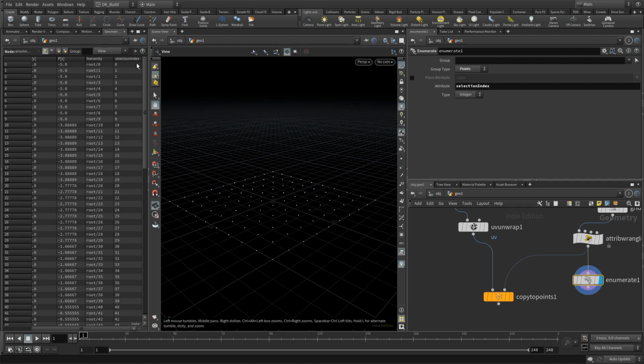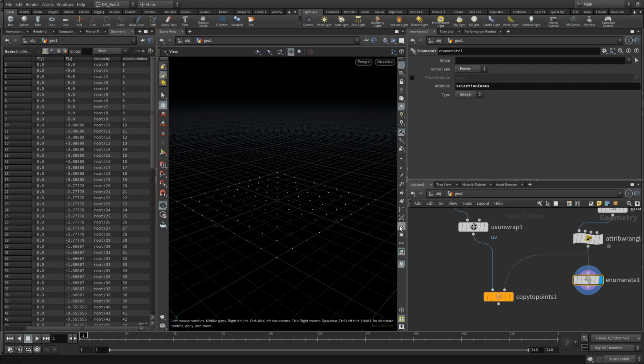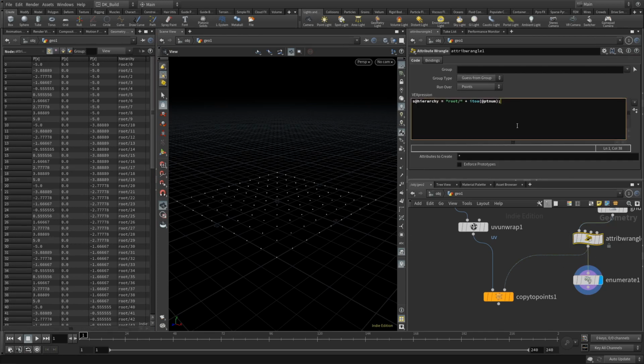As many already know, I love to do stuff in Vex. Not because it's better, but because it brings me joy. But mainly I want to show that it doesn't matter how you solve a given task, like counting points in an attribute. Stop thinking about the how, just think about the result you need to get.